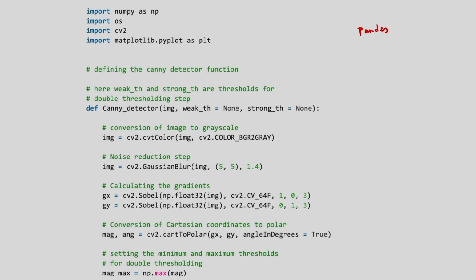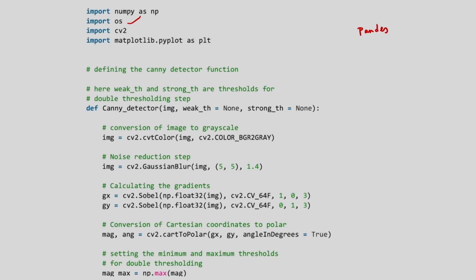Pandas is an open source Python package, and it is most widely used for data science, data analysis, and in machine learning also we use Pandas. It is built on top of the NumPy package. So this Pandas is also another library. And you can see import os.